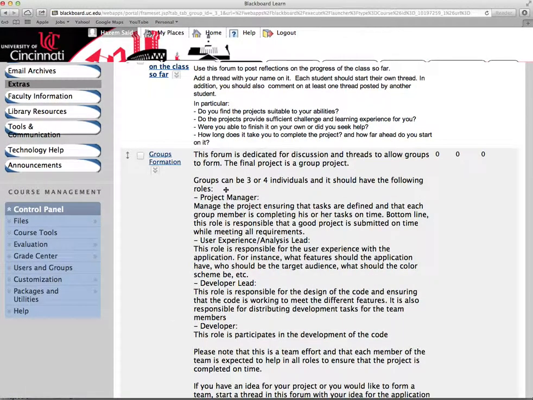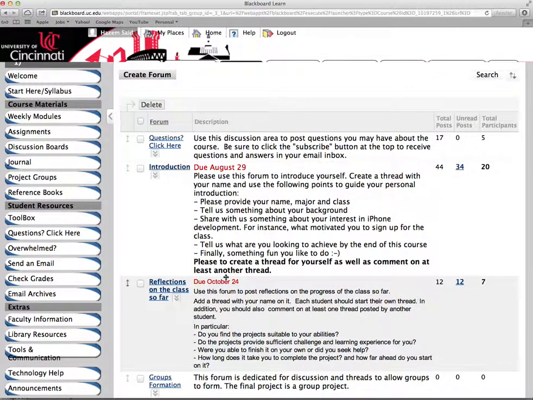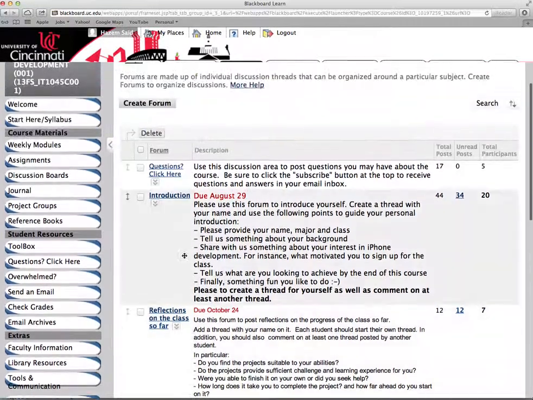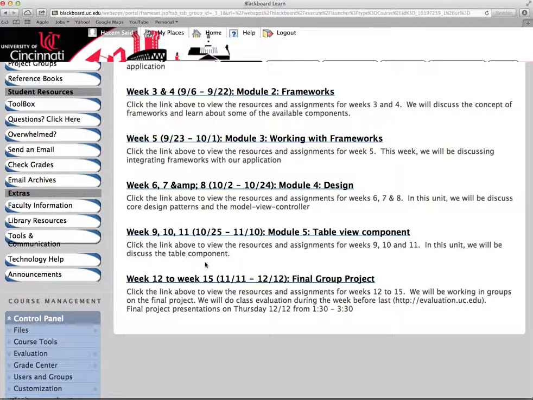So within this module 5, start thinking about number 1, your group. Start thinking about your ideas. My suggestion, if you have an idea for your final project, come to this discussion board, create a thread, and present your idea and see if anyone is interested to work with you on this idea. If you do not have any ideas, you can wait until I form the groups, and then you can discuss together what app you are going to do. And in the introduction to the final module, I will speak more about what should be in your final project.